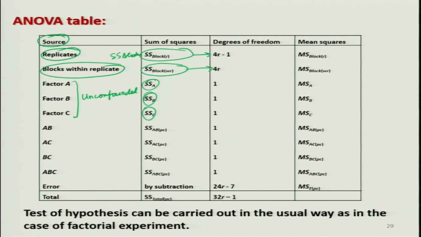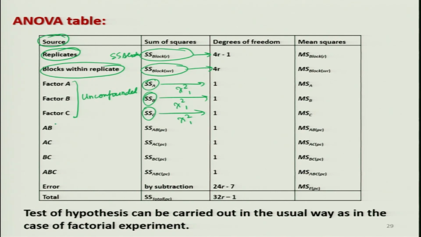Obviously each sum of square here is going to follow a chi-square distribution with 1 degree of freedom. I am not giving you the complete details again, so each of these SSA, SSB, SSC is going to follow a chi-square distribution with 1 degree of freedom,